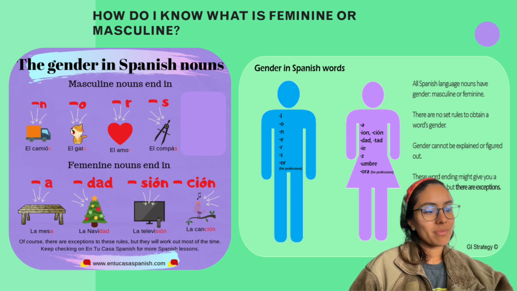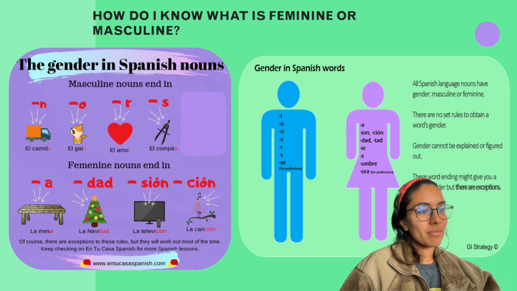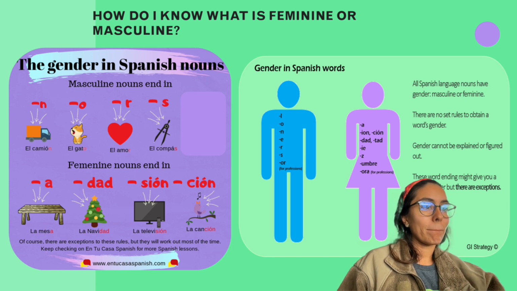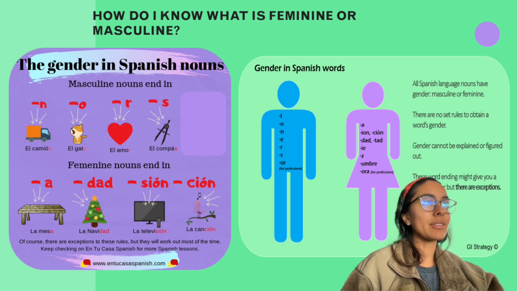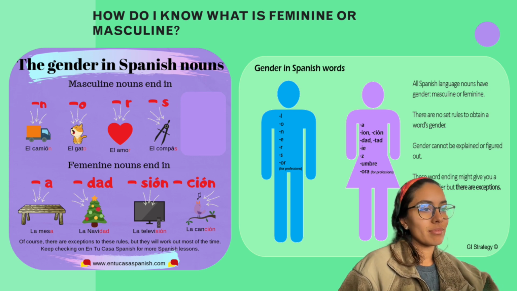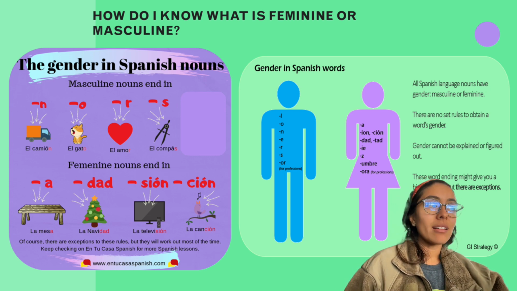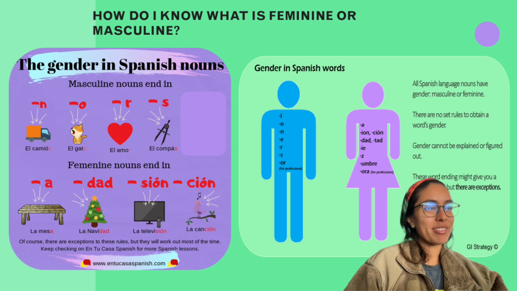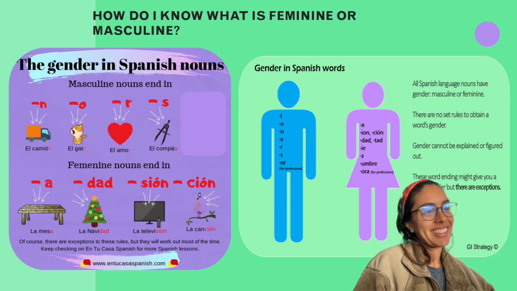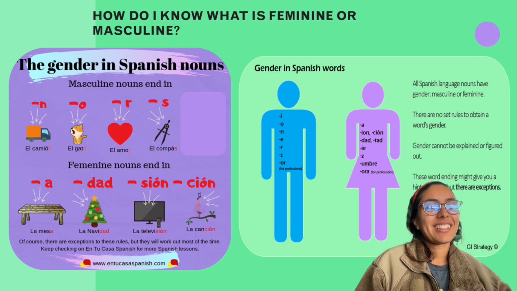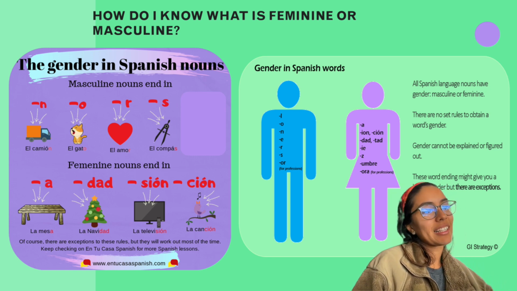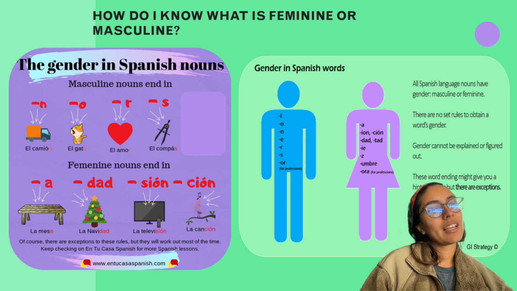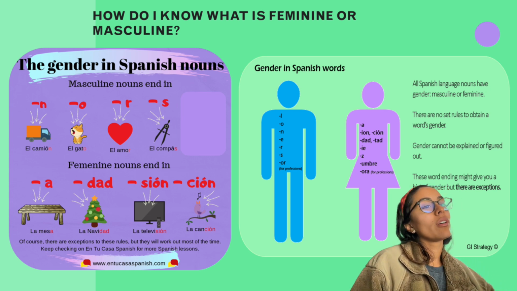I do have a question. Of course. Is it true that feminine and masculine doesn't apply to the object? Like, is it gato for cat? Gato, yes. So if you have a female cat, it's not gata. Yeah, you can use gata if it's a female. Okay. So it's both the item that you're talking about and the word itself that decides the gender.